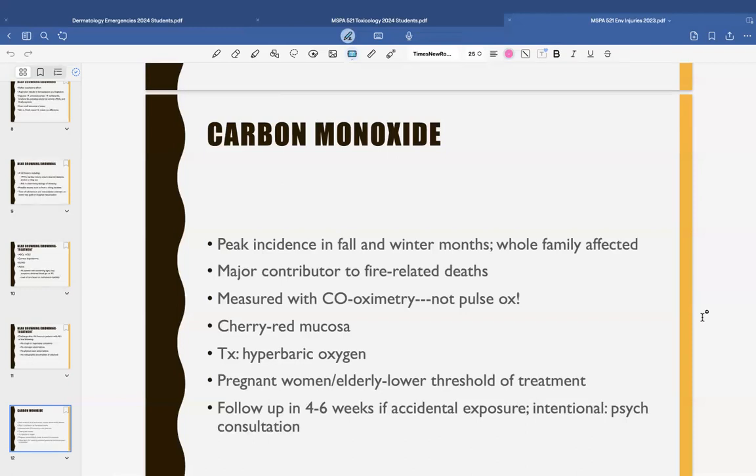When a patient is pregnant or elderly, there can be a lower threshold for treatment. The reason for that is fetal morbidity at a lower level. And if it was an accidental exposure, like a heater or something leaking, they should be followed up in 4 to 6 weeks just to make sure they're doing okay. If it was intentional, if there was self-harm, that's when we